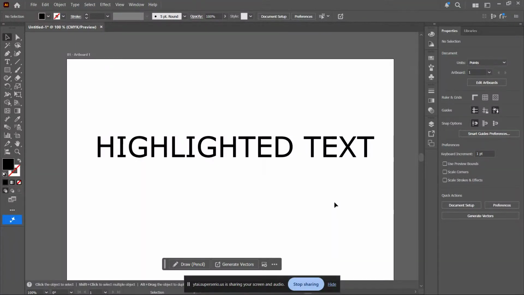In today's video, I'm going to show you exactly how to highlight text in Adobe Illustrator the right way, without outlining your text and without destroying editability. This is a clean, professional method that keeps your text fully editable while adding a customizable highlight behind it. If you've ever tried drawing rectangles manually behind text and struggled to align everything perfectly, this technique will save you